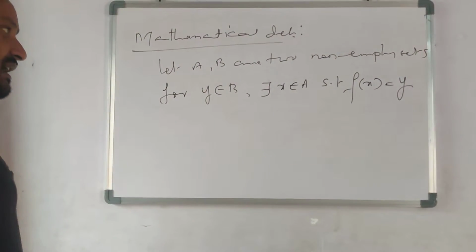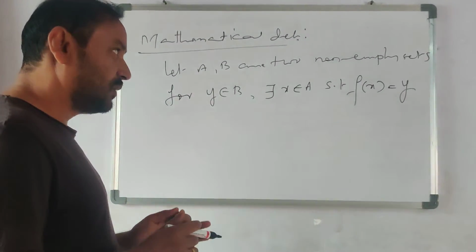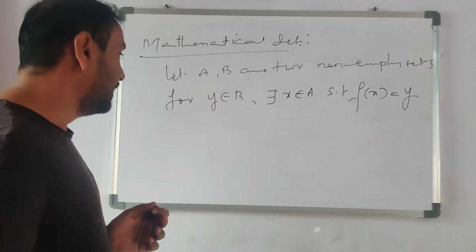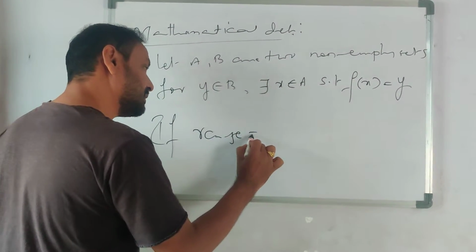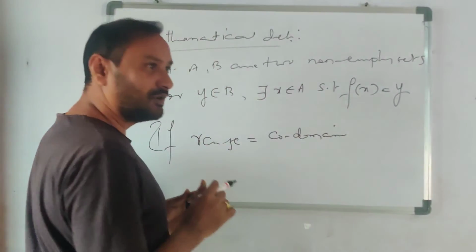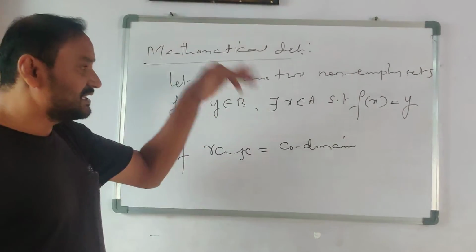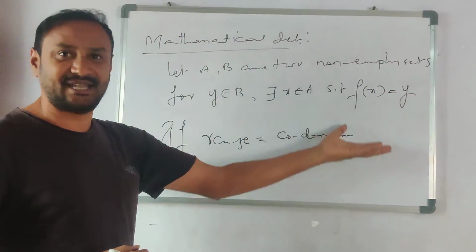And also here we will observe this. What is the range, domain? Already I explained range, domain, codomain. If range is equal to codomain, it is also called onto. That means we will observe in the graph. In the graph, if range equals codomain, then we can say it is onto.